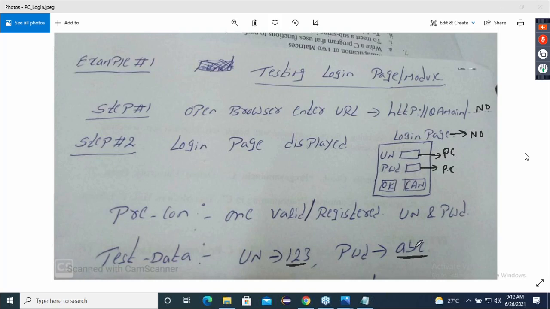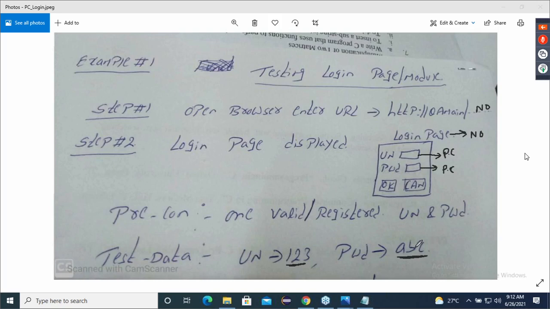Can't register means why, Yogendra? Why? Many are saying, yes, sir, they can register. When you are writing the test case, is the application ready or not ready? When I am writing the test case, the application is ready or not ready. Then how are you saying that he can register?